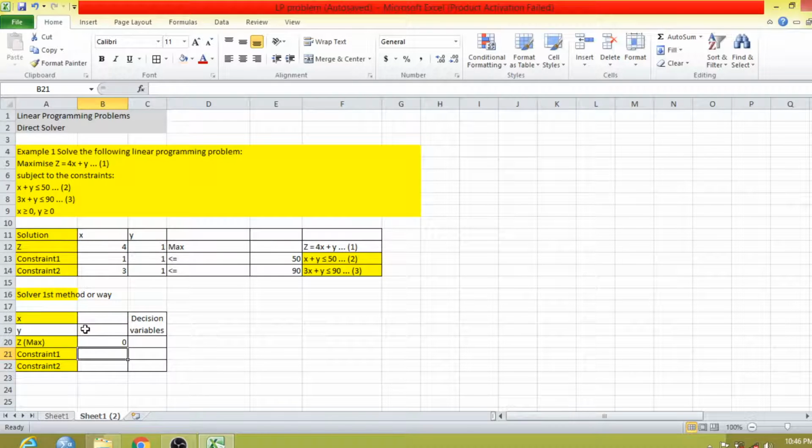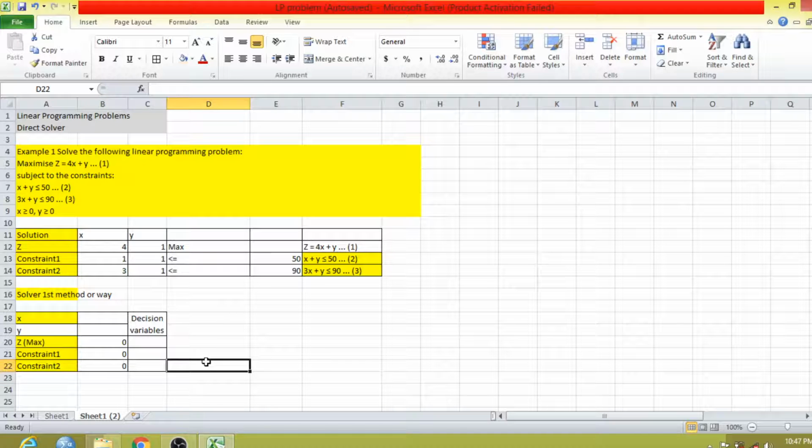Now again we will repeat this same exercise: value of 1 multiplied with x plus value of this multiplied with y, enter, is equal to value of x multiplied by x plus value of this multiplied by y. Simply, here we are manually putting the values of x and y in the given equations for constraint 1, constraint 2 and z.